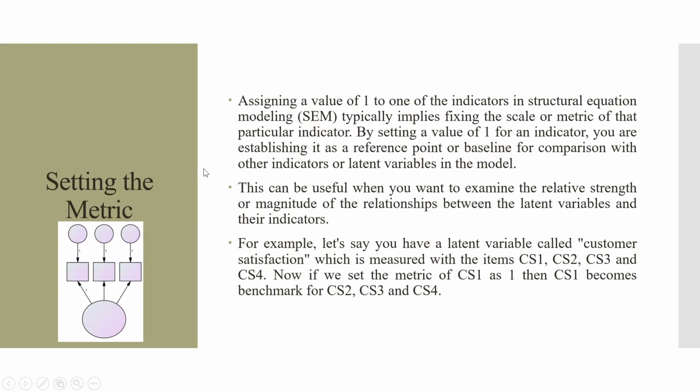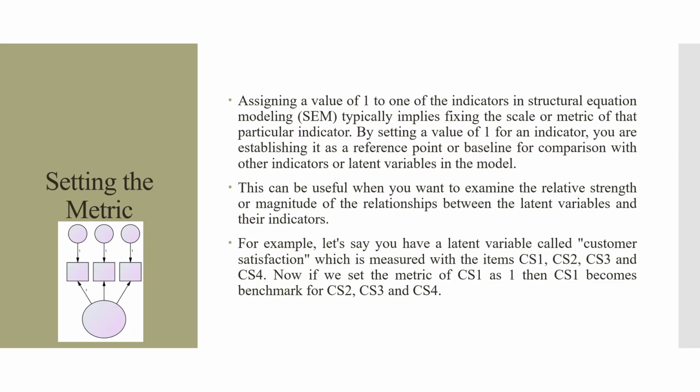Let's try to understand. Assigning a value of 1 to one of the indicators in structural equation modeling typically implies fixing the scale or metric of that particular indicator. By setting a value of 1 for an indicator, you are establishing it as a reference point or a baseline for comparison with other indicators or latent variables in the model. This can be useful when you want to examine the relative strength or magnitude of the relationship between the latent